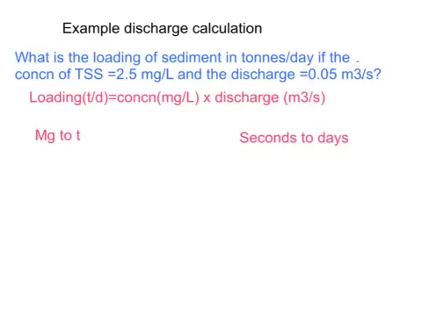Now the formula for loading is the concentration in milligrams per liter times discharge in cubic meters per second. So what we need to do is go from milligrams to tons, and to go from seconds over to days. So we need to go from milligrams